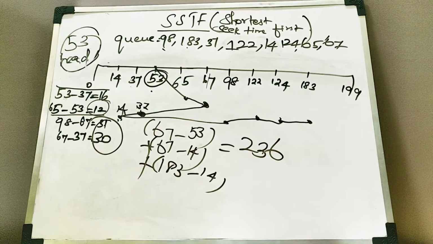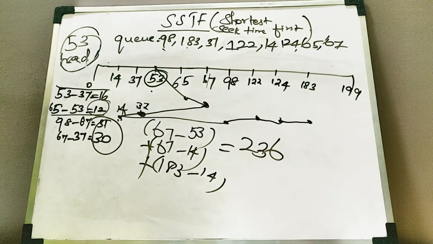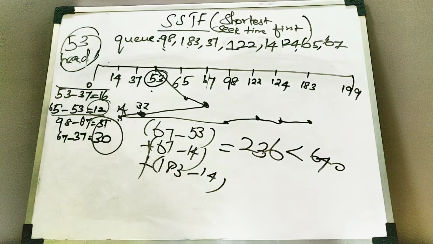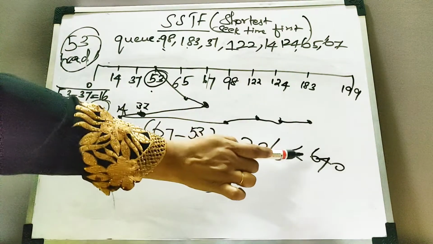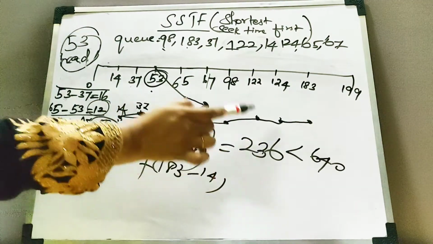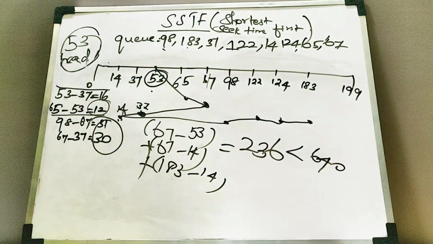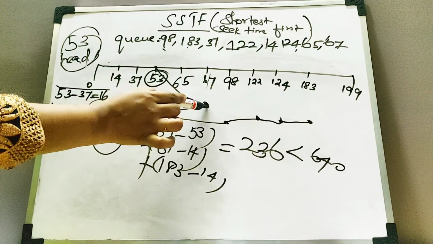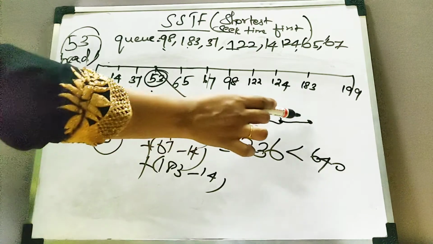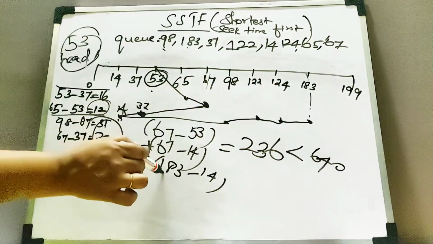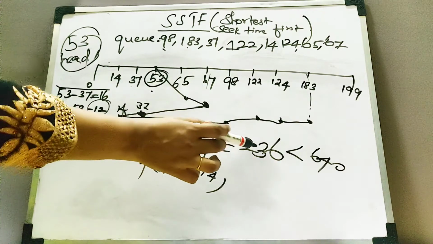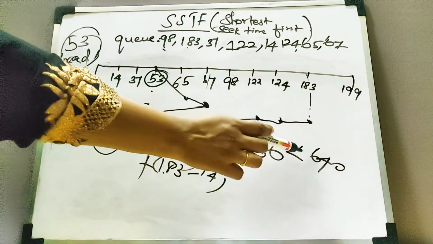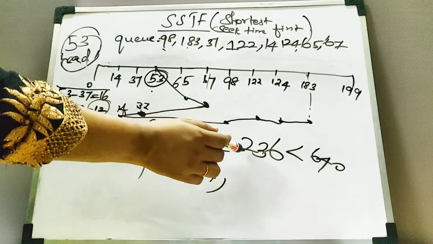Do you remember the number of cylinders for the same problem in FCFS? It is 640, which is a bit higher. Using this SSTF algorithm, the total head movement, the number of cylinders, is reduced now. So we could say that this is a better algorithm. I'll repeat how to calculate it: 67 minus 53, 67 minus 14, and 183 minus 14. This will give 236 cylinders. In the first FCFS problem with the same disk queue, you got 640 cylinders. Now you can see that the performance is somewhat improved.